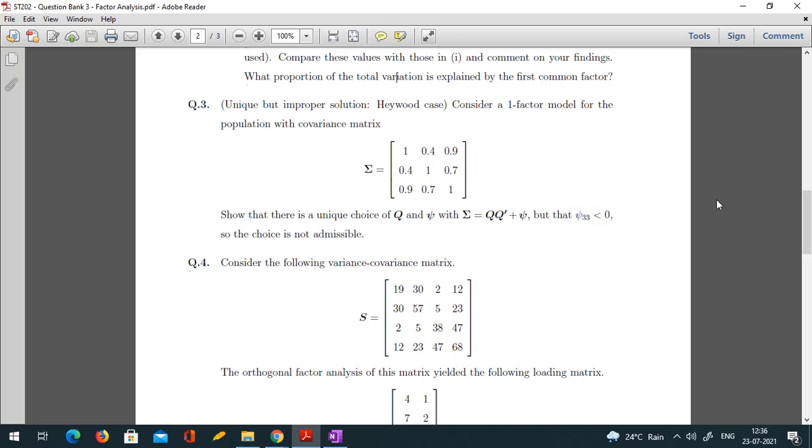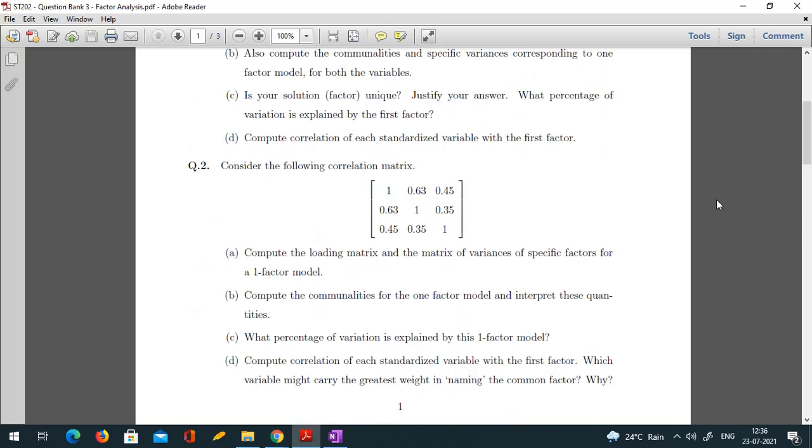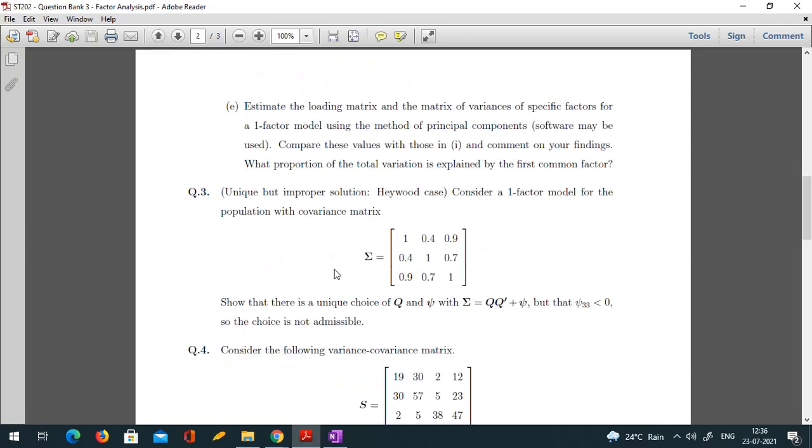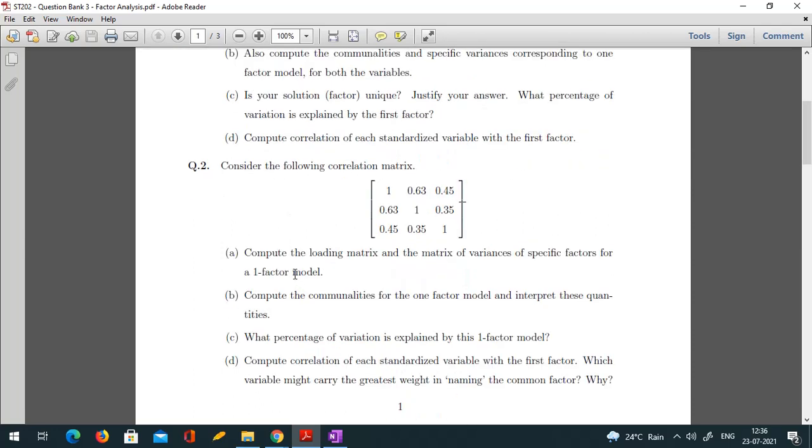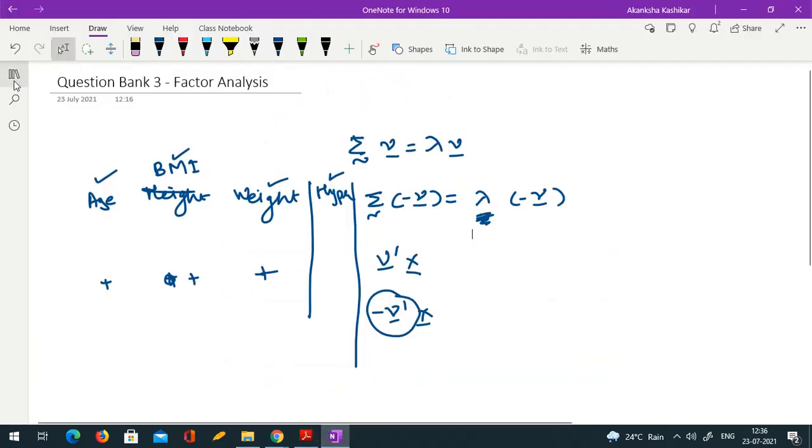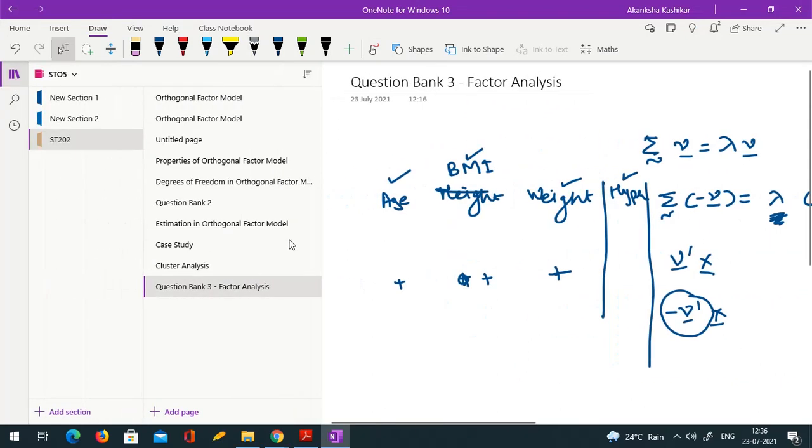Now I got what I was trying to say. Why I wrote A and D. Actually, sorry, I also forgot. Here I have not mentioned the principal component method because you have a unique solution here, so you know how to find that solution. We have done this in the class. Does anyone remember? It's not called, maybe you meant that Prathamesh, but it's not called Heywood case.